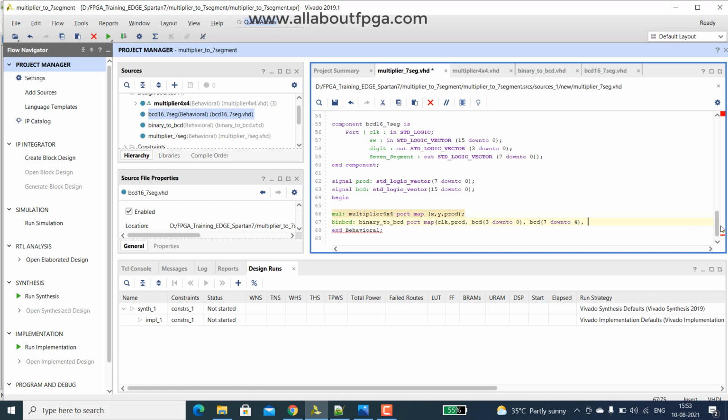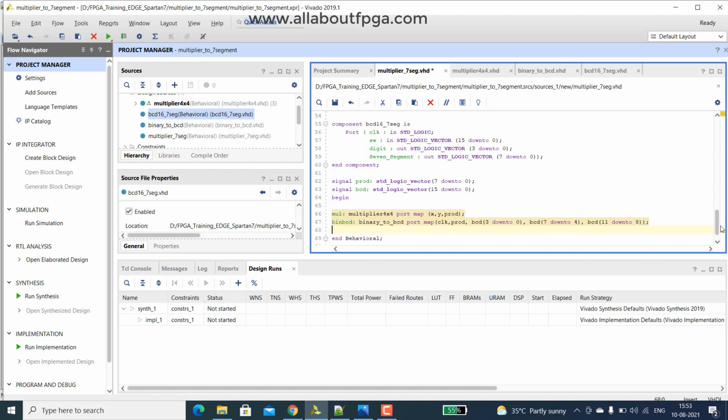Then we have a BCD of 11 down to 8. Okay, terminate these things.